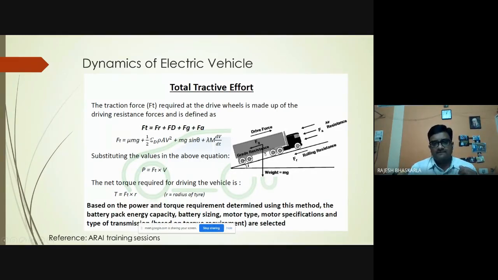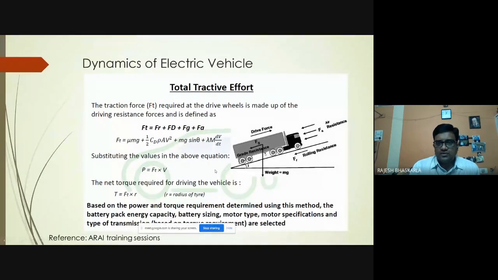So this is the formula which we can write in different ways, and in the last class we saw all these components. What is rolling resistance? Rolling resistance is the resistance offered by all the moving parts. The major contribution of this rolling resistance is because of the wheels, and some resistance is offered by the gears, differential transmission systems, and the gear and clutch mechanism. And aerodynamical force, the force which opposes the vehicle to move, is the air resistance. So air offers some resistance against the vehicle, that is aerodynamical force.